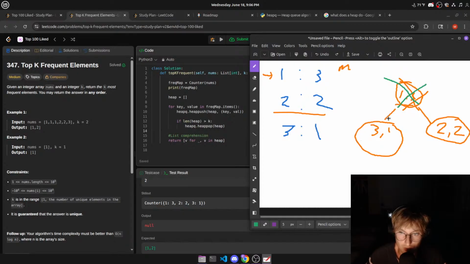And then we loop through all the values here, v for v in heap, and we get 1 and we get 2. But I don't understand how that corresponds to, given an integer array nums and integer k, return the k most frequent elements, because technically we got 1, 3 and 2 2s, but really we want to return this one, but it's still, like, I don't get that part. Does anyone understand that? I'm definitely thinking about this wrong in some way, but